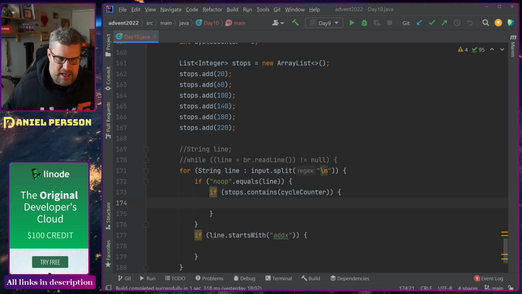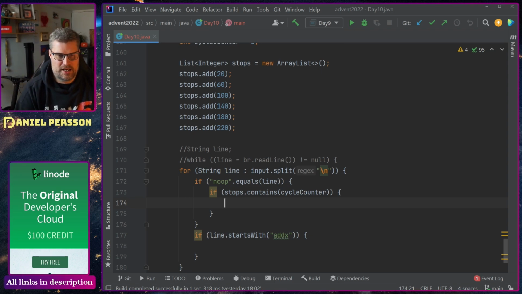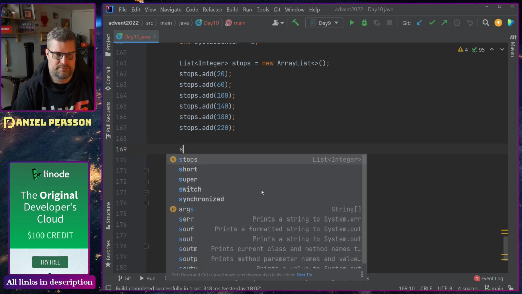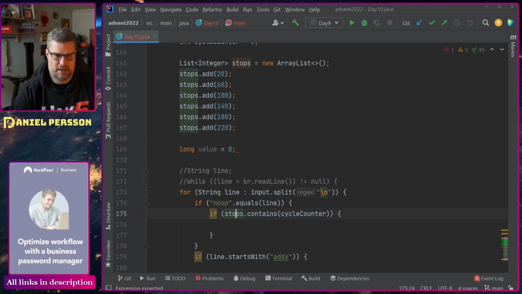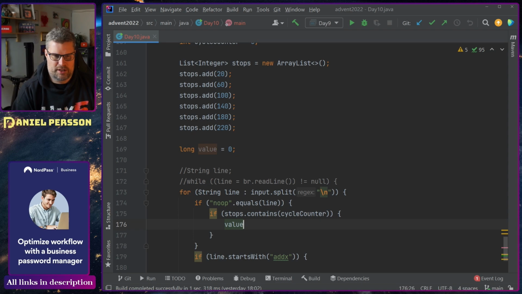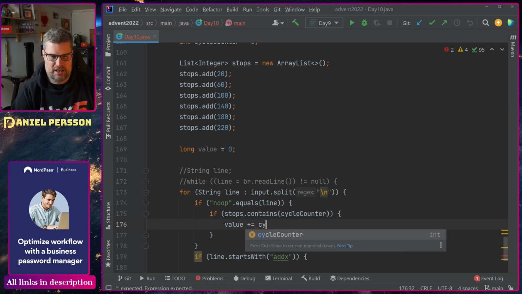So if that is the case, then we will take a long value sum equal to 0. The sum is increased by the cycle counter